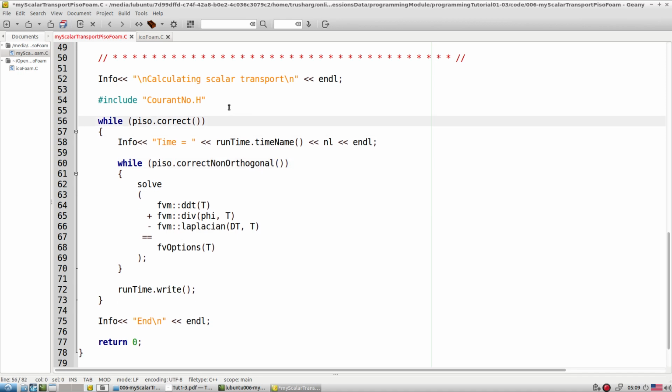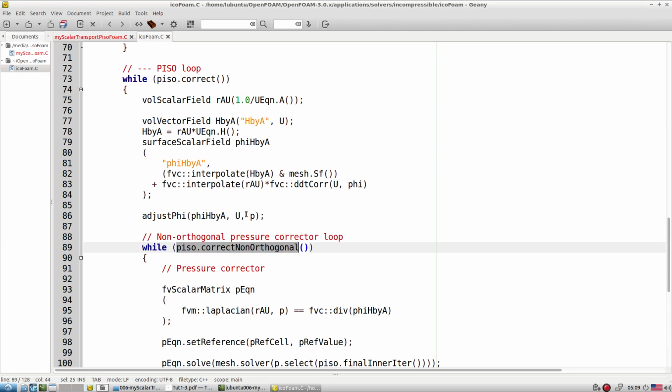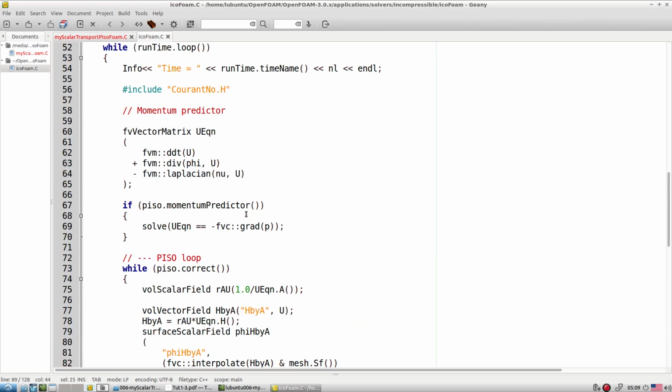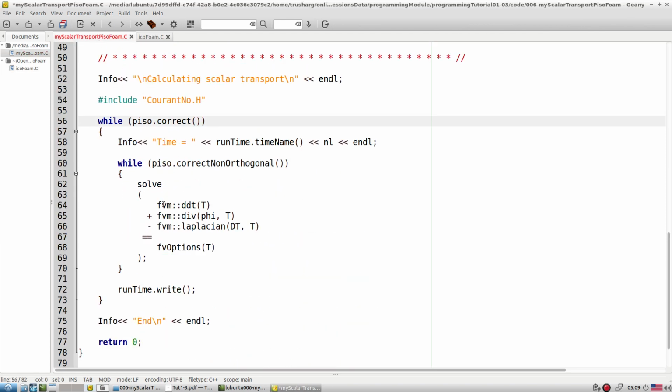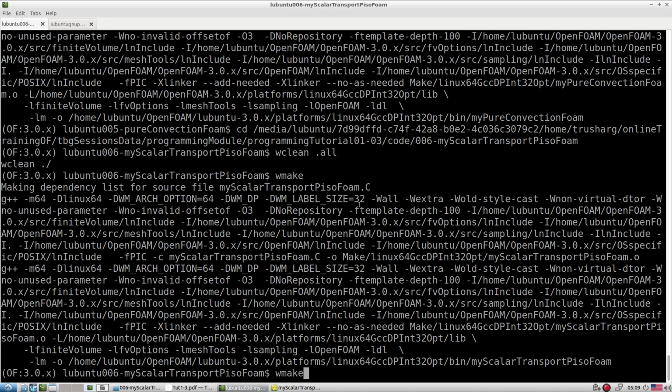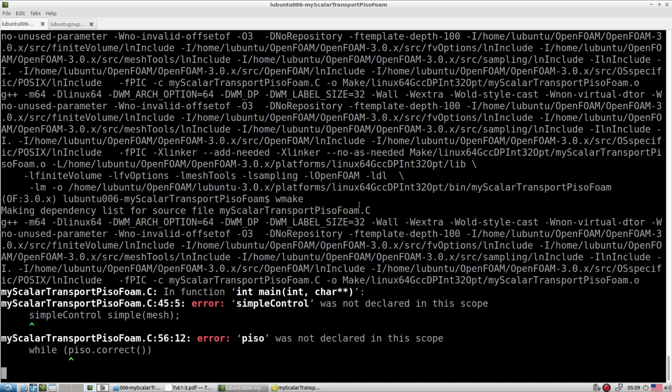So this is PISO-based calculation. Here you will not see much difference, but I just want to give you the idea of how you can change the algorithm very quickly. So it is a PISO-based algorithm. Now let's see if we can compile it or not.